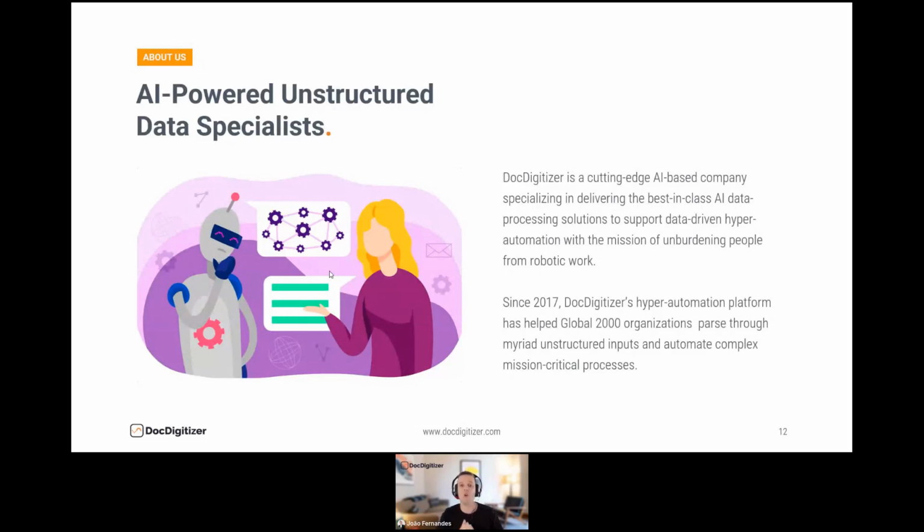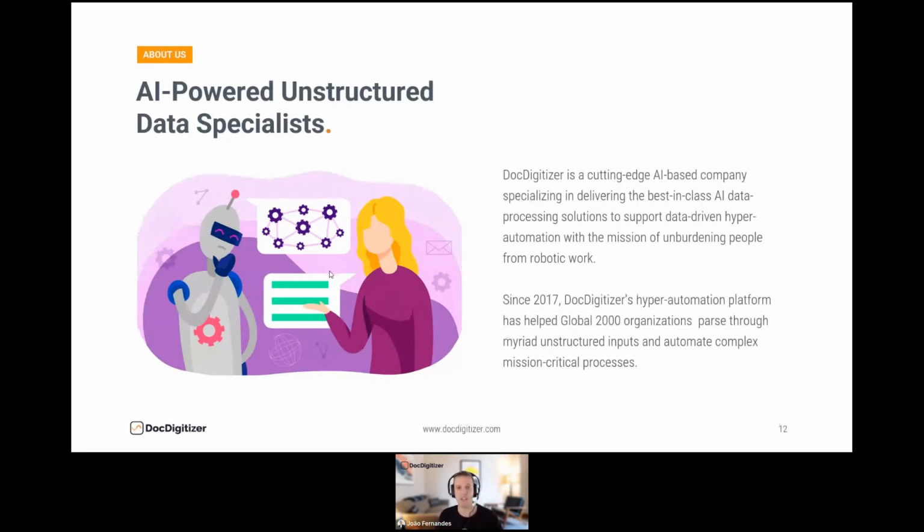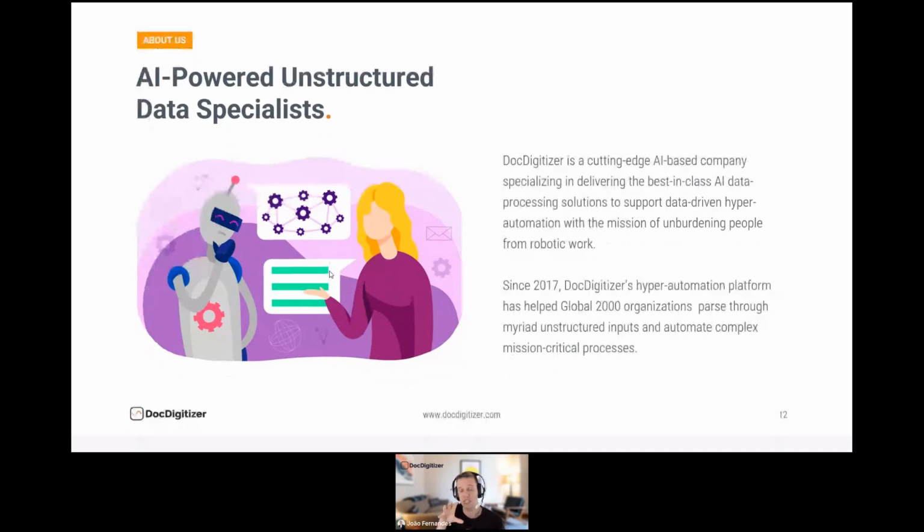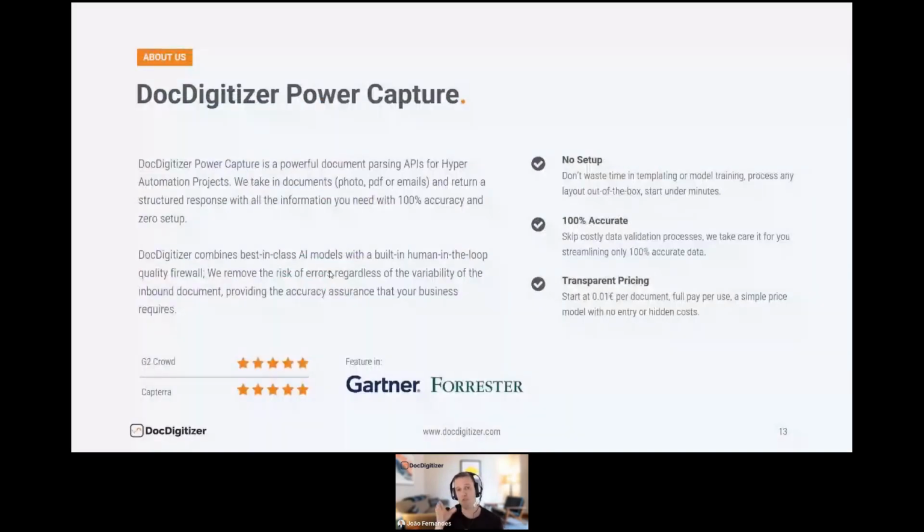I would say that we are alongside a different way of doing things that are complementary, as you'll see on the BIZAPI showcase. Okay, so when it comes to data capture, what we provide is a data capture API that enables you to process any types of document, any type of variation, even photos that are taken by the customer without being worried about quality, without any setup.